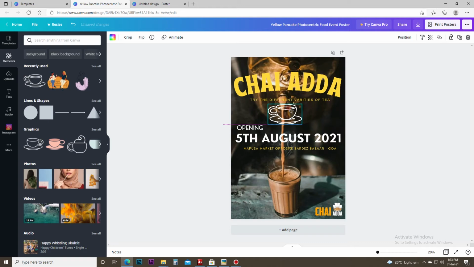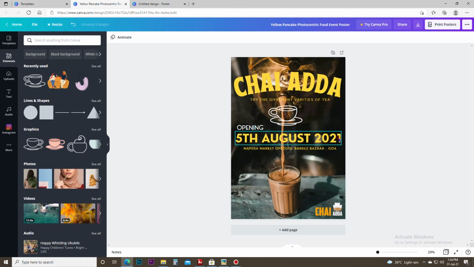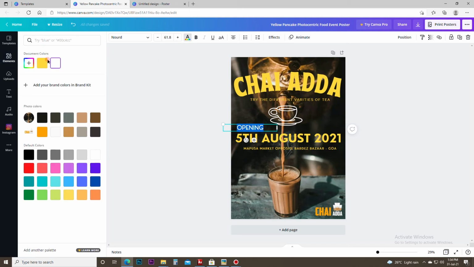Now you can adjust the cup, big, small, whatever. So I'm just gonna add it here. Okay, so yep. Select the whole words you want to change the color of. You have to come over here. You can see A and it says text color. So you just have to click on this, and again you'll get that panel of different beautiful colors. And because I'd used this recently, I can click on that and I will get my color ready. You see how easy that was.